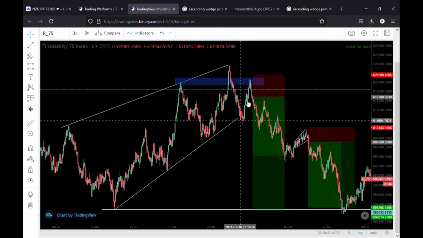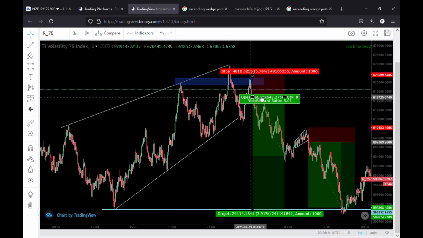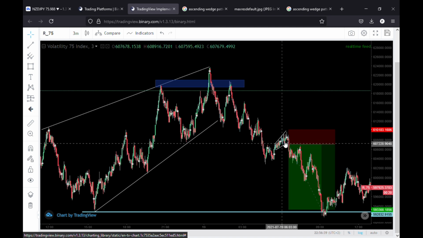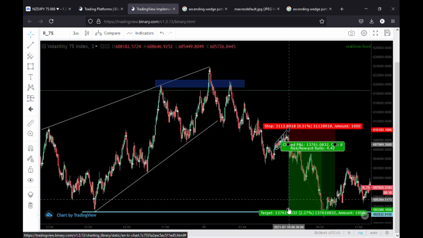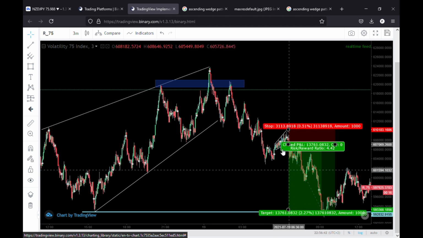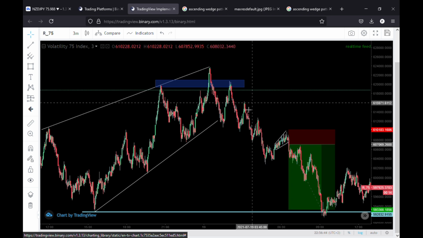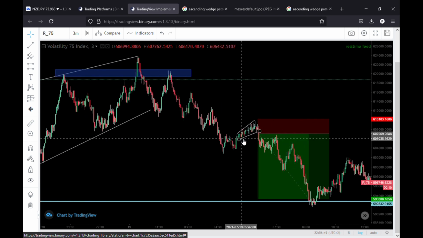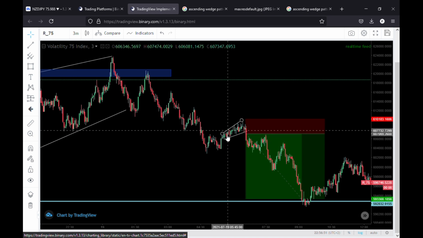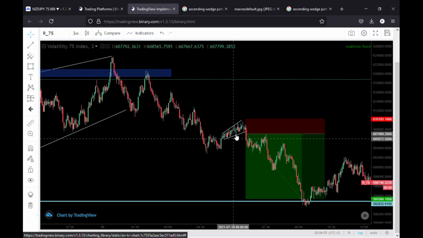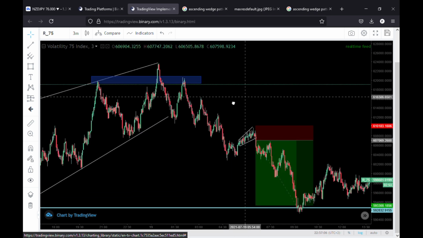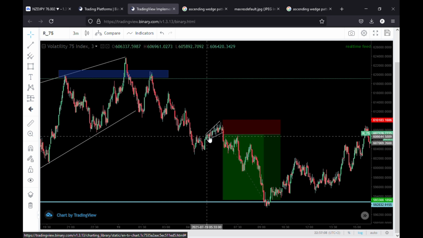But then this happened when I was away from the market. Because when I woke up, the market was somewhere around here, around 6 o'clock there. So I had to find another entry. And then the market showed me a very interesting structure, which is this corrective pattern right here. So what is this corrective pattern? As you can see, this is a bunch of very short candles